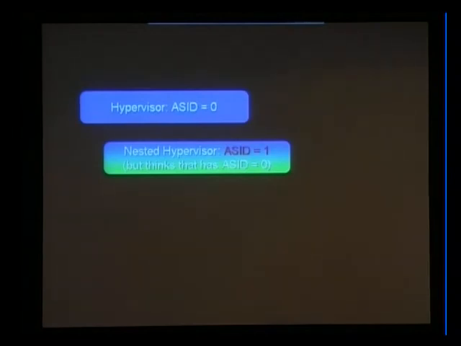But there is a limited number of these ASIDs. Currently, AMD supports 64 ASIDs, from 0 to 63. And ASID 0 is reserved for the use of the main hypervisor. So if we run a nested hypervisor in ASID 1, this hypervisor still thinks that it runs in ASID